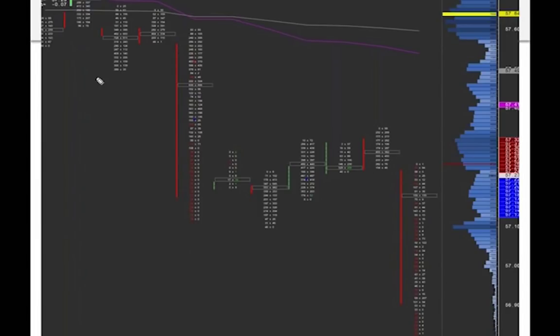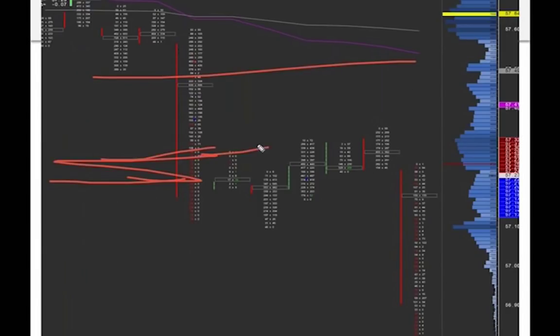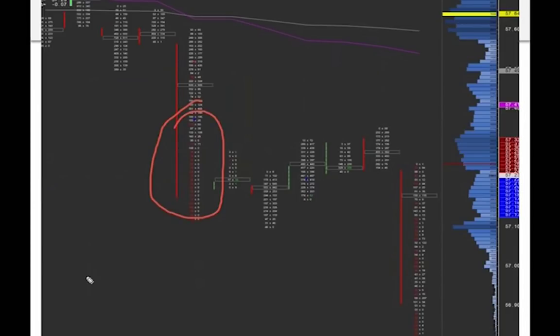And this is what I'm saying. Why did it go down? There were a lot of stops planted below because everyone thought it was going up. When everyone thinks one thing is happening, then the opposite happens. And that's where your liquidity lies. The liquidity is always the opposite of where traders think the market's going.